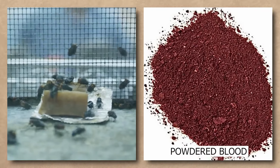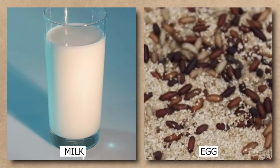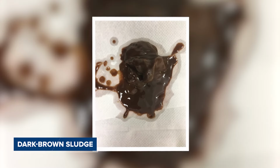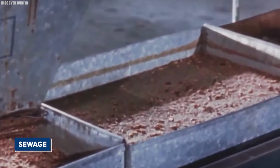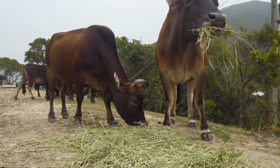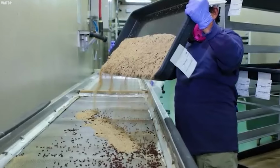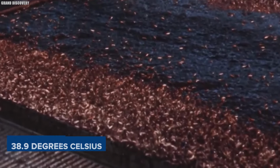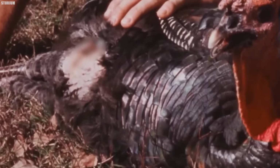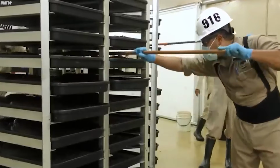The screwworms no longer consume raw meat, but now feed on a diet of powdered blood, milk, and egg, which is then thickened with cellulose into a dark brown sludge. On the outside, it looks like sewage, but this mix has bred flies that have saved millions of livestock for many decades now. The larvae hatch in a room heated to 38.9 degrees Celsius, which is around the body temperature of an infected animal. Once they hatch, they are then wheeled to the cooler rooms, where they crawl out to